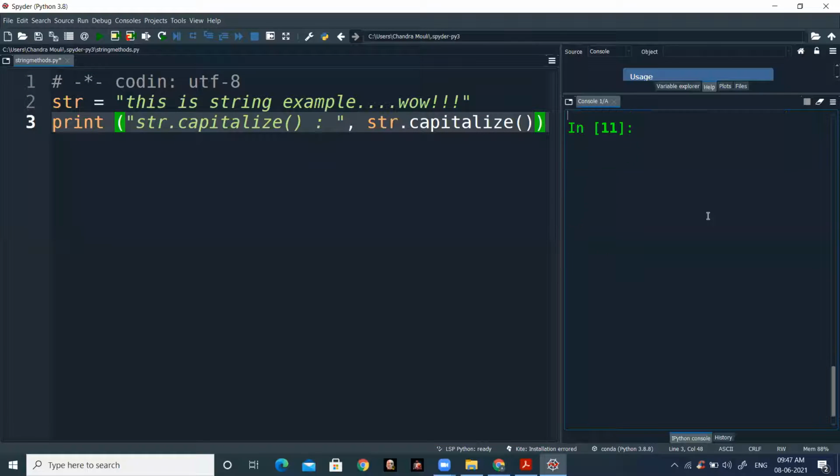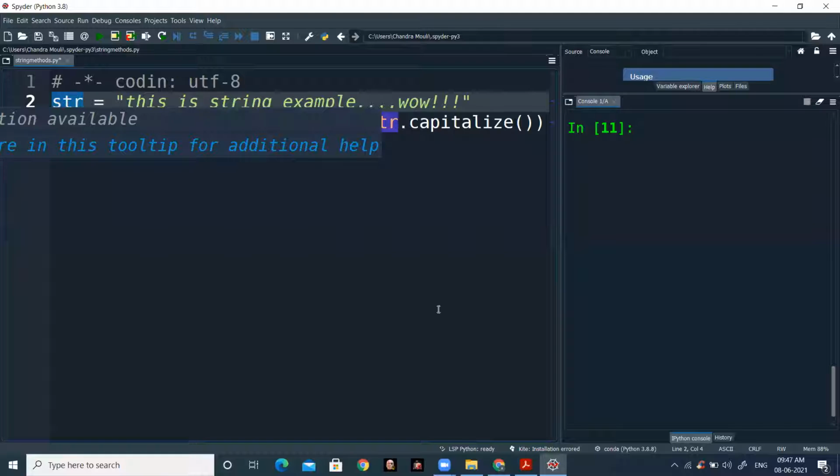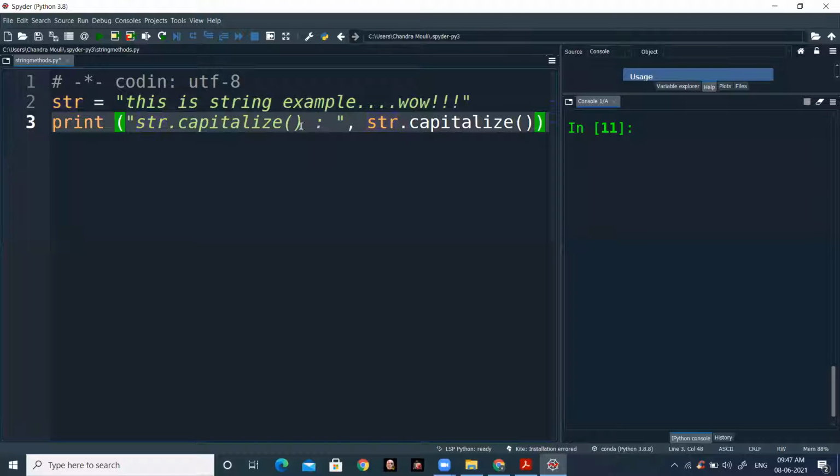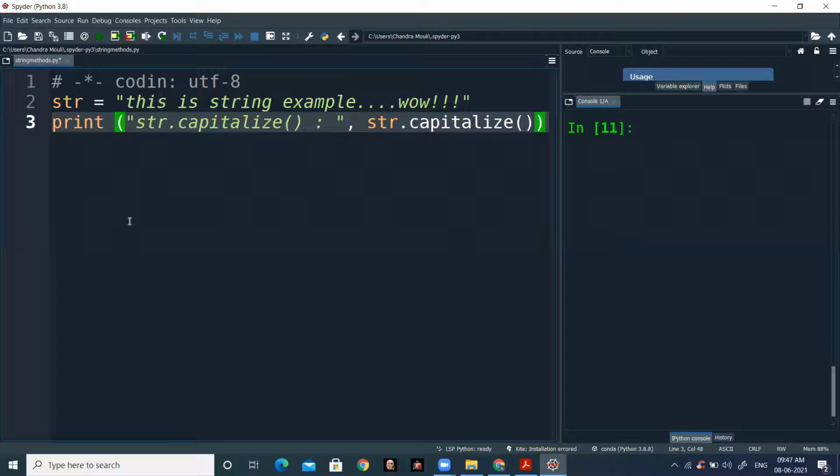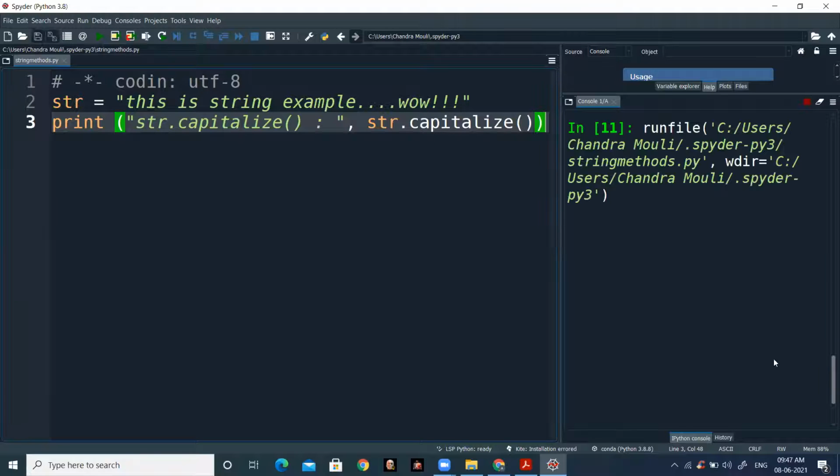Okay, see, str equal to the string; we have taken str as the variable name, and this is string example wow, and print of str.capitalize(). So here we pass the capitalize method. Okay, so just click on F5 or you can go to the run menu. Click on F5 for getting the output.